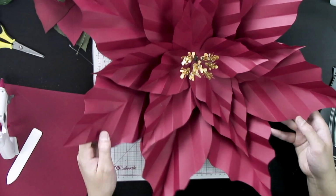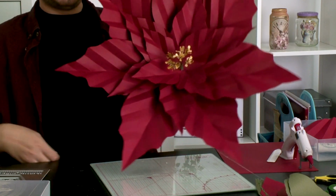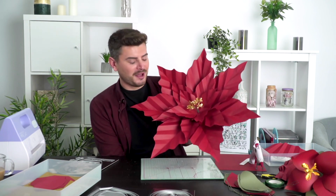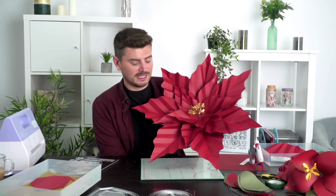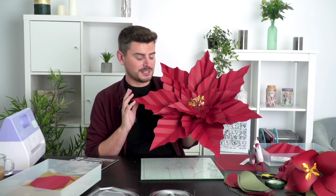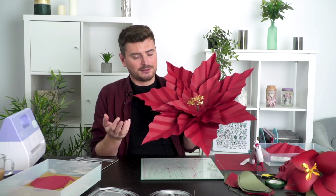So if I tilt this to the side, you can see the sheer size of this flower and just what you can create with it, which I just think is phenomenal, because you can create one after the other with this. And think of making and selling, think of doing archways, how expensive it is to actually rent a flower wall for a birthday or a wedding or a baby shower. You could do this with these flowers. So don't just think poinsettia, think of all florals,